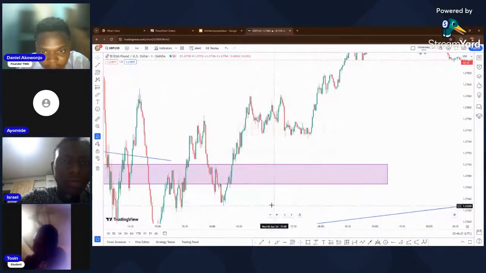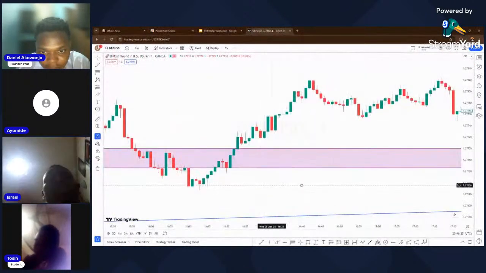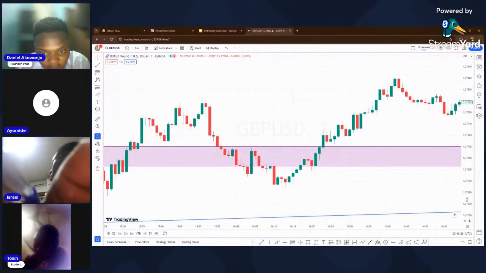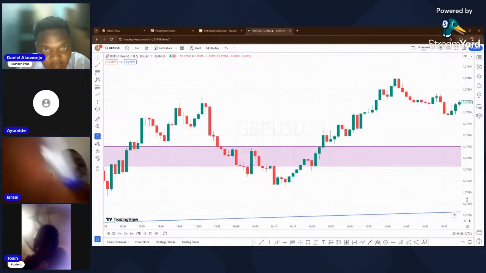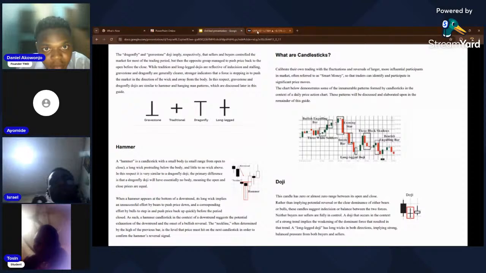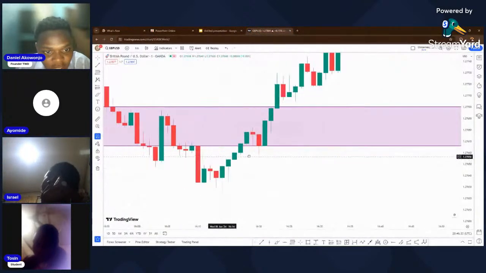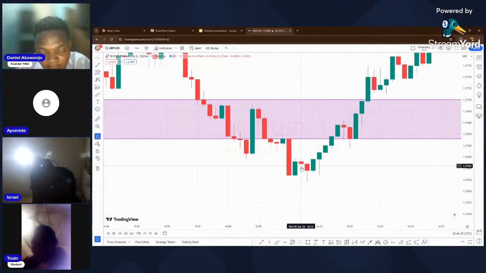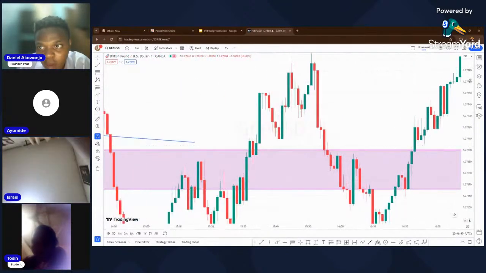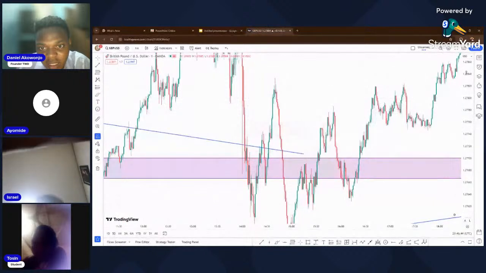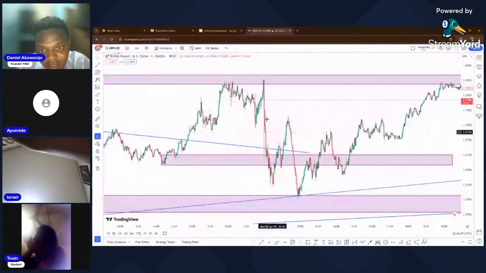So yeah, let's look for it. I think I'm seeing one here, right here. Okay, yeah. So now I can easily call this a hammer. This is a clear hammer. Do you see that it's coming from where price was selling? Let's just use this. You see that price has been selling really, really